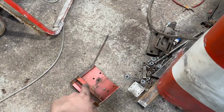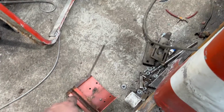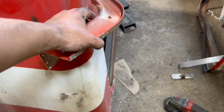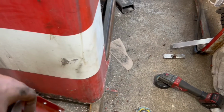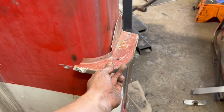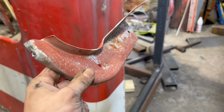As I said, I'll remake them as well, probably out of some T6 alley, because I've got a load of T6 kicking about. 6082 again, and these stiffeners as well, which sit in, which way around is that? Yeah, that way around. They sit there and tie that back to the main frame and to the main upright as well. So we'll make some new ones of these out of T6,